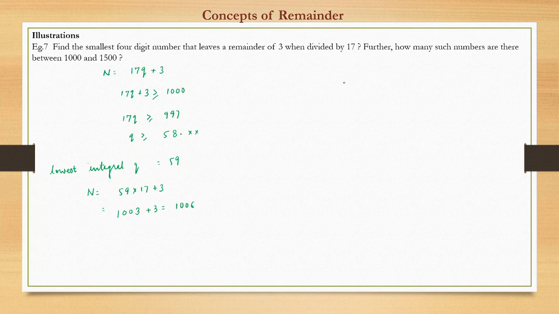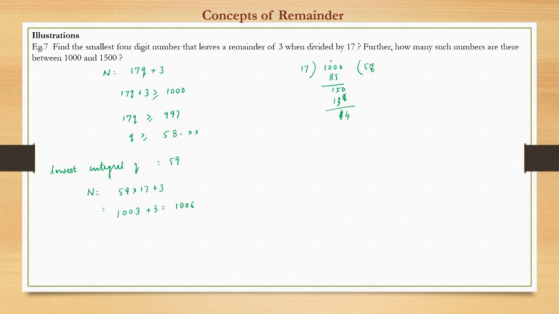Okay. Now another method is also there. This we have seen in the HCF and LCM chapter also. 17 divides 1000. Well, we have to find the smallest 4-digit number, so we'll start with 1000. We'll check, 17 times 5 is 85, 150. Then, sorry, 17 times 8 is 136, and the remainder is 14.